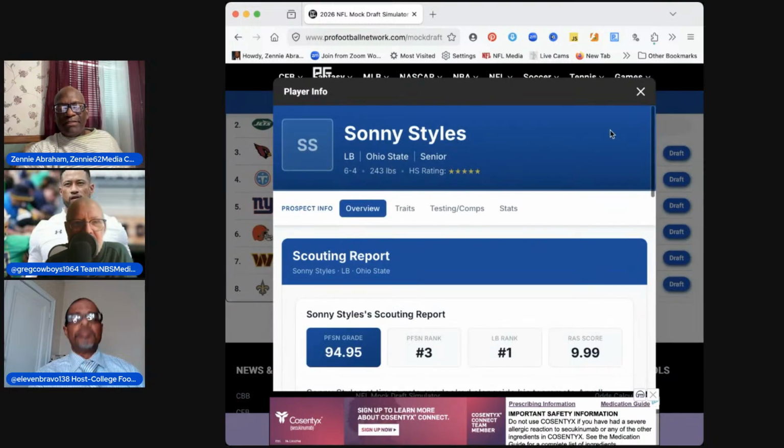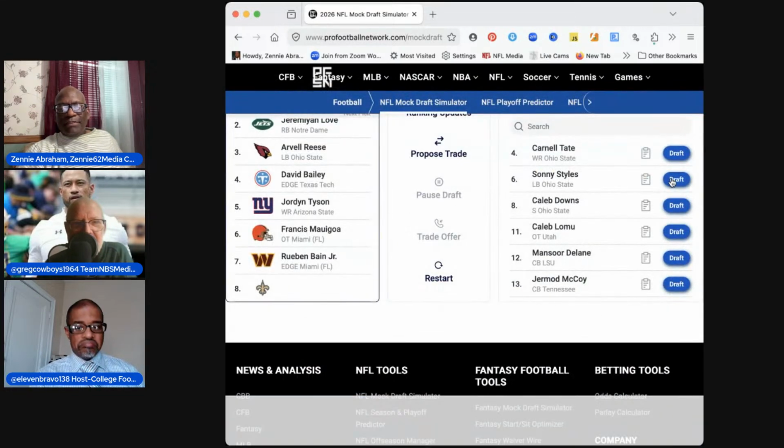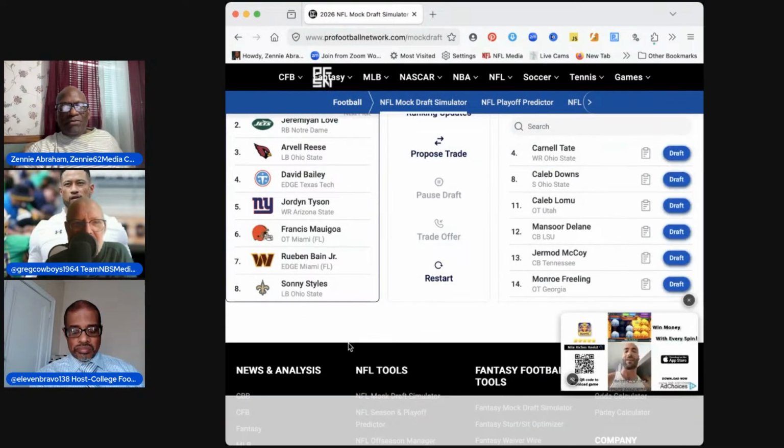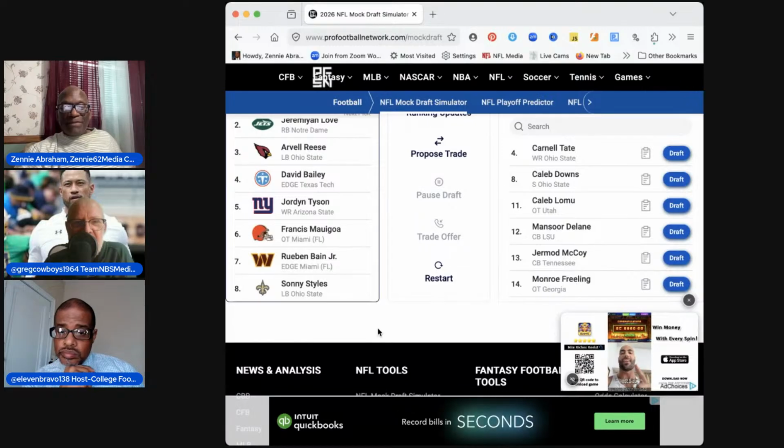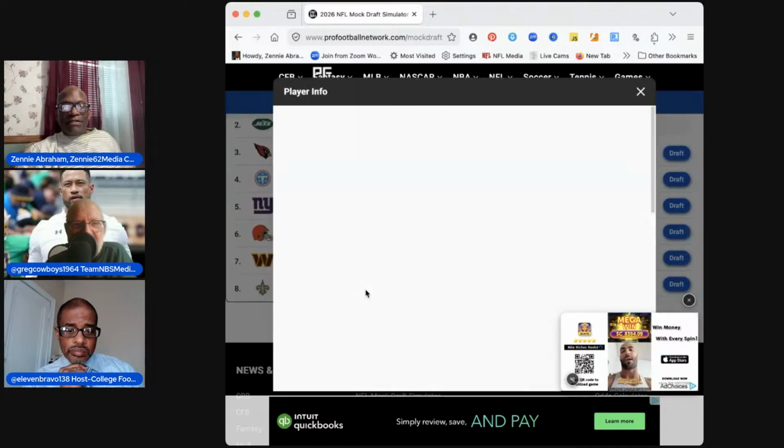Sonny Styles, I think, is, they throw the term around, generational, but I believe it applies to Sonny Styles. And I think he's going to really make the Saints defense a powerhouse, especially if they build around him in this draft. That's exciting. He's just sitting there for the Saints. So, yeah. Next, that comes to